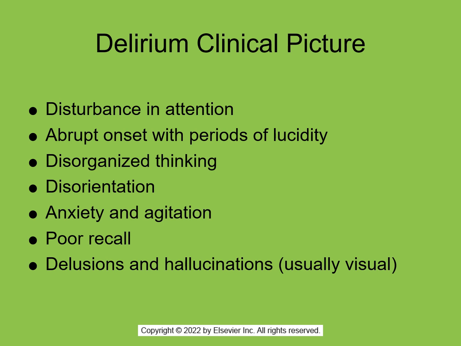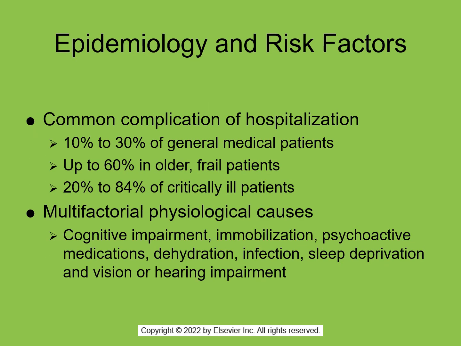As far as the epidemiology, usually you see it in the elderly population, your frail elderly. It can also happen with clients that are critically ill. It could be due to a change in their health condition or a physiological reason. Sometimes elderly clients are admitted to the hospital and they get confused and disoriented, so they may become delirious as a result of the unfamiliar environment. Other physiological causes could be infection, sleep deprivation, dehydration. Certain medications can cause physiological